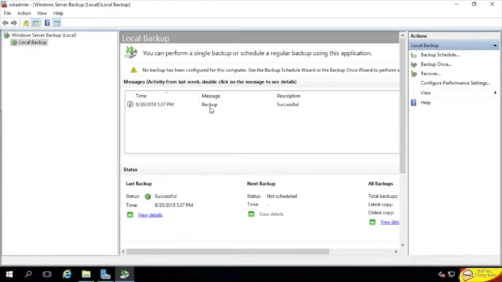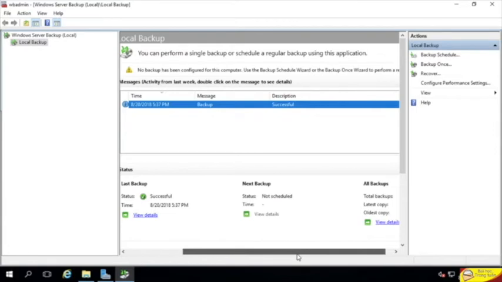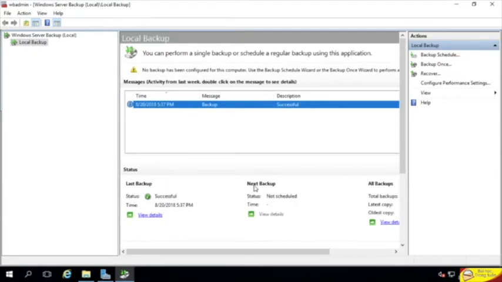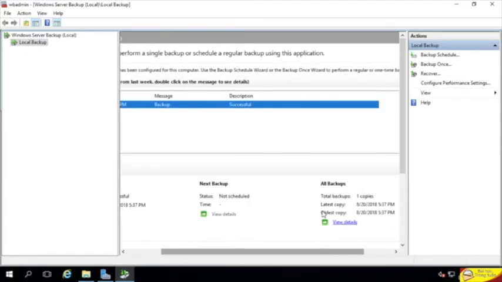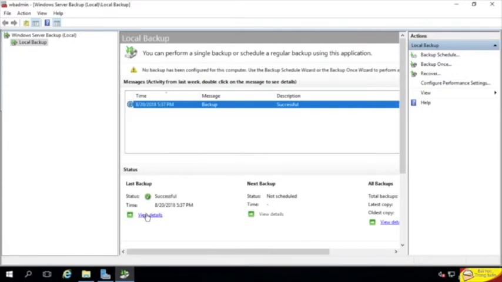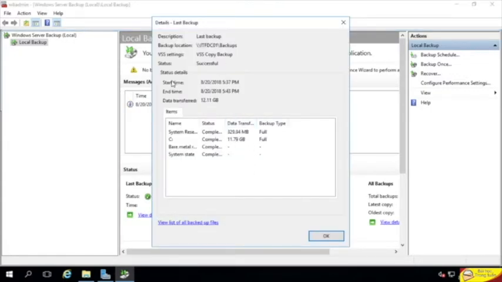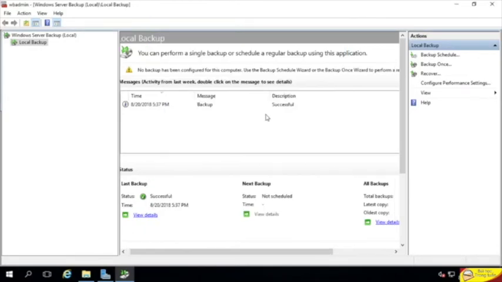Now, here we can see the single one-time backup that was successful that I ran, and then we can see the next backup information and things like that. We can see all backups. If I click on View Details here, I can see the type of information and just more information about the backup that was run. Okay, so what I'm going to do is click OK,